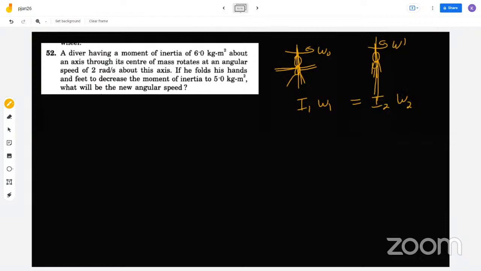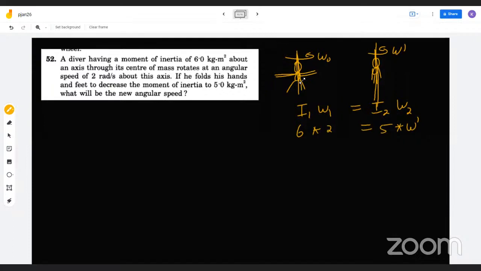Initially it is 6 into 2, is equal to 5 into omega dash. Okay guys, ये वाला भी हो रहा है. फिर जो है